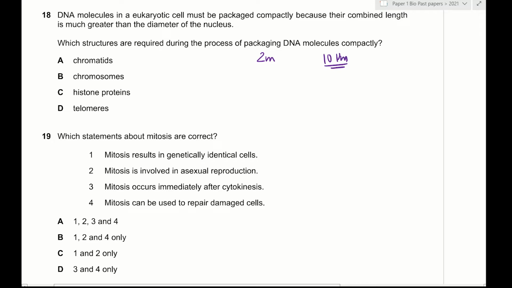The only way this is possible is when that DNA molecule is wrapped around something called histone proteins. Histone proteins are where the DNA molecules are wrapped around, making it compact and able to fit inside the 10 micrometer nucleus. Therefore, the answer is going to be